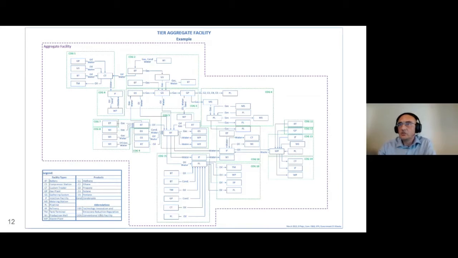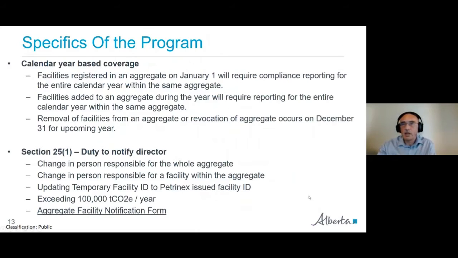The point at which the applicants actually define it is during enrollment of those individual facilities. At that point, the applicants decide whether the facilities are part of the same or different COG, which of course can have implications on, let's say, compliance reporting and the methodology used for reporting volumes. On other specifics of the program, the key one is calendar year-based coverage, which means